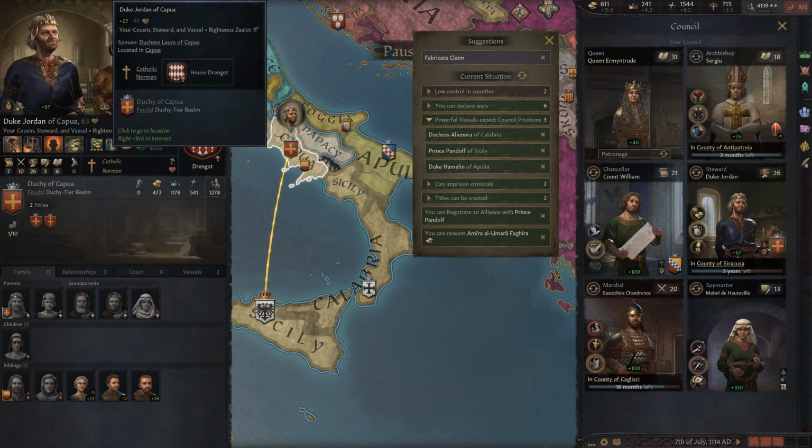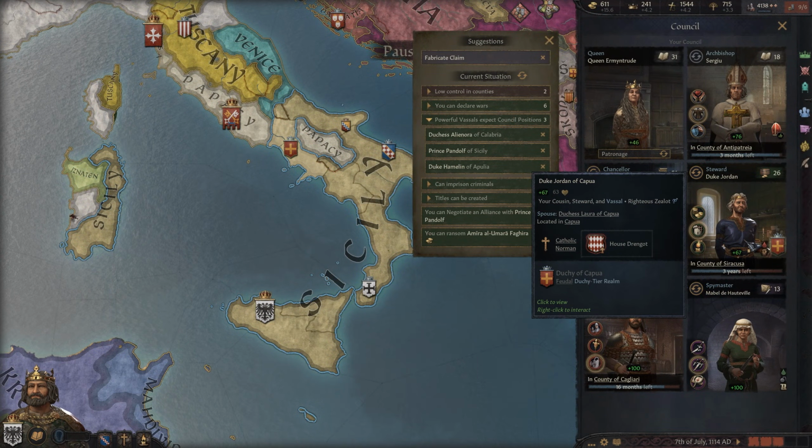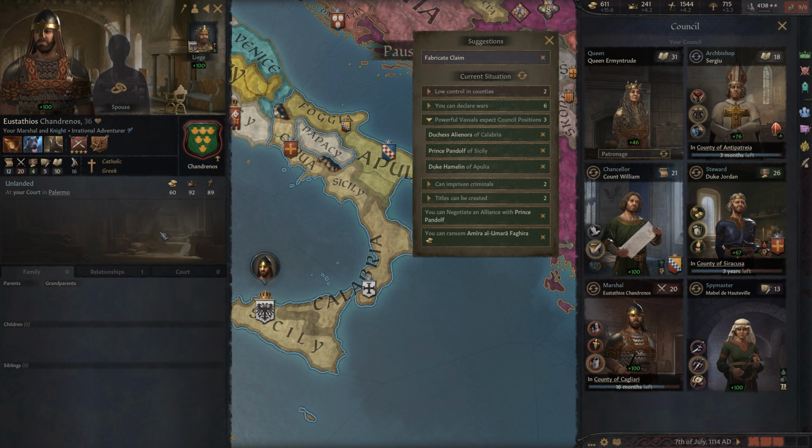So Duke Jordan here is just a powerhouse of steward. He's got both of these trees completely filled out because he's been in this focus for so long. In addition to that, if we take a look over here at our Marshal, every single character gets benefits for being in their position. They get innate bonuses to what that position would lend towards. For example, hovering over prowess here, I can see that the Liege's Marshal gives him +3. Since he is my Marshal, he gets 3.